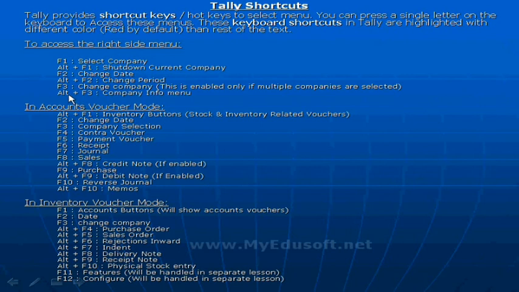F3 is used to change the company if we have multiple companies. And if you want to show the company information menu, then we have to press Alt F3.